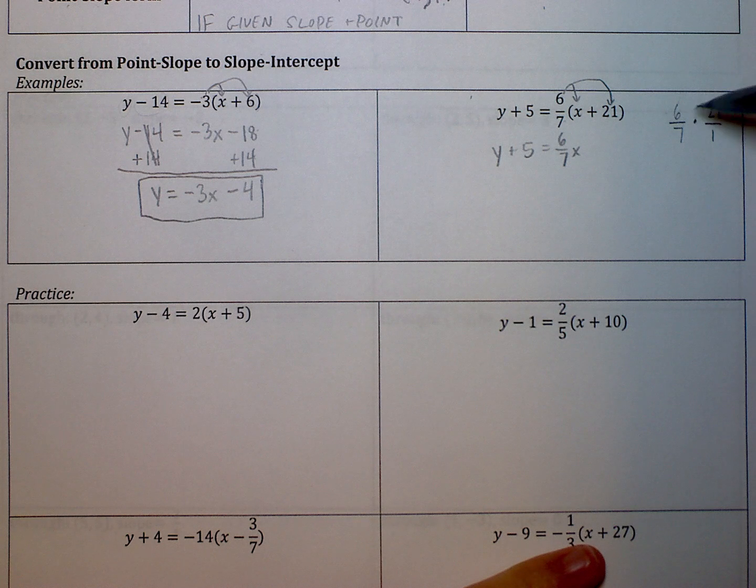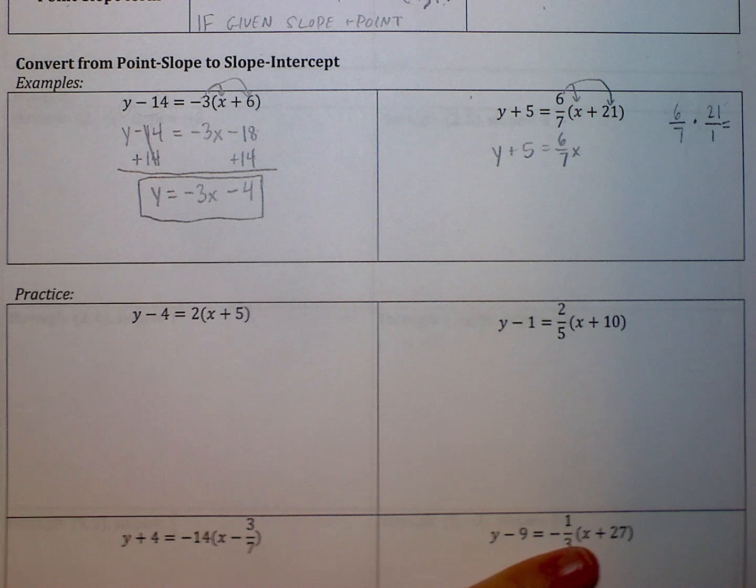But in this case, I can just multiply across, and there's a way to simplify in the middle here, right? You could notice, like, oh, 21 divided by 7 is 3. I'm not going to go into detail, but if you've seen it before, you know that you can just cross this off and write a 3, and cross this off and write a 1, and it just makes your life a little easier when you do the multiplication. So if you've seen that, feel free to use it. But I'm just going to show you the way that it always works, which is to multiply across